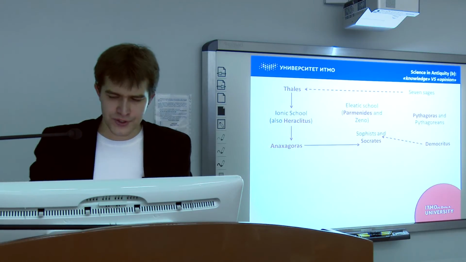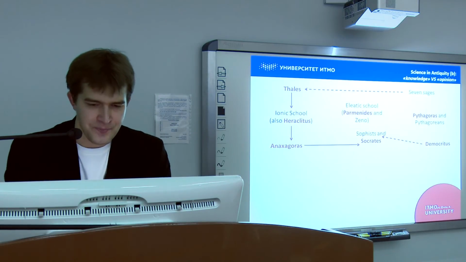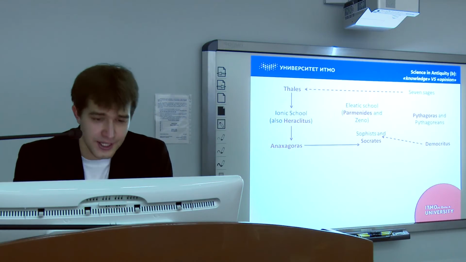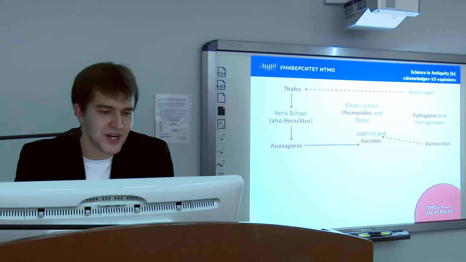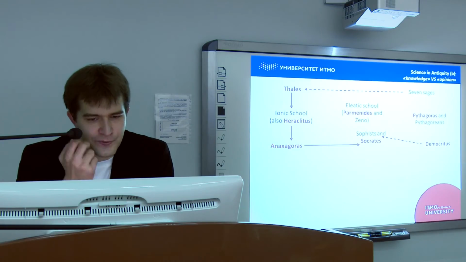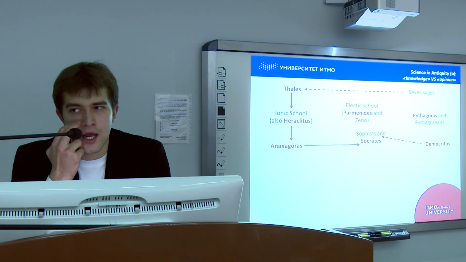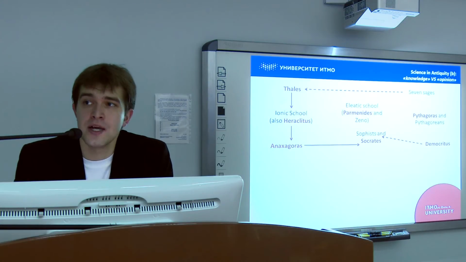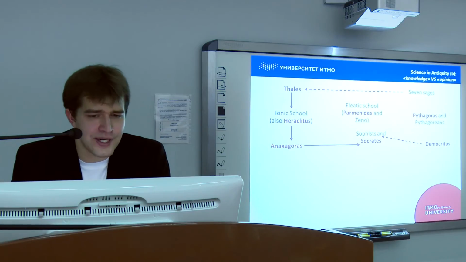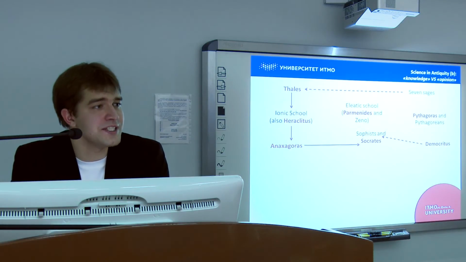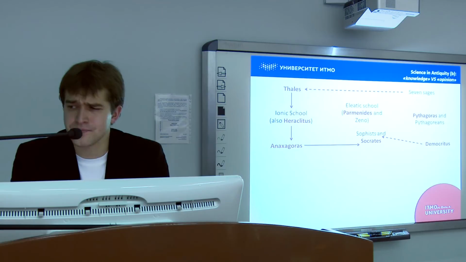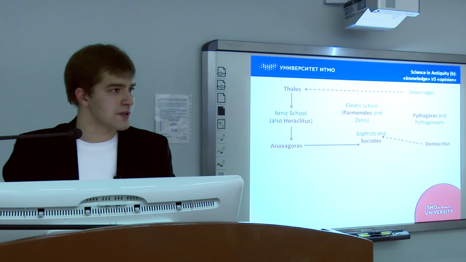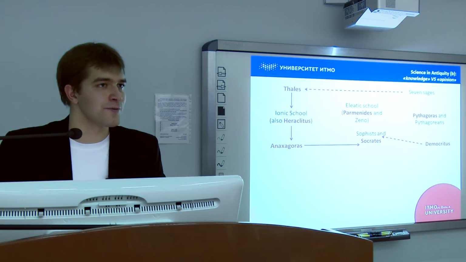So one of the most influential philosophers at that time was Democritus. Besides Anaxagoras, Sophists, and Socrates, there was Democritus, who was the first person who spoke about the atoms. So the atom from ancient Greek really means something indivisible, right? Indivisible, something you cannot divide into anything. So in Latin it got the idea of individual,